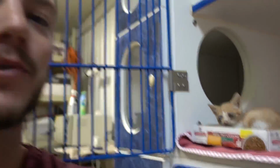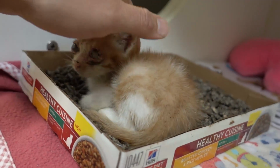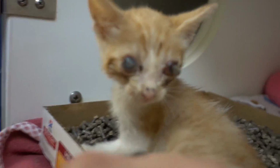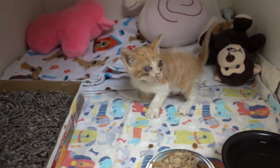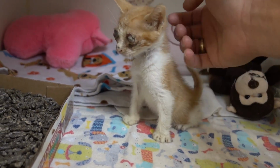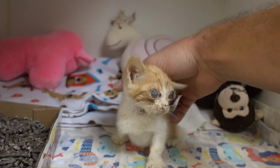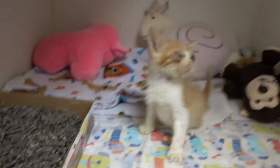It is day 2 and our little kitten is still looking terrible, but is actually doing really, really well. Walking around. Yesterday we couldn't even get the little kitty to move around or do much, but today he's moving about, he's eating canned food on his own, feeling a lot better, getting some nutrition in him. We got antibiotics in him, we dewormed him, so we're trying to make him into a healthy little kitty, but